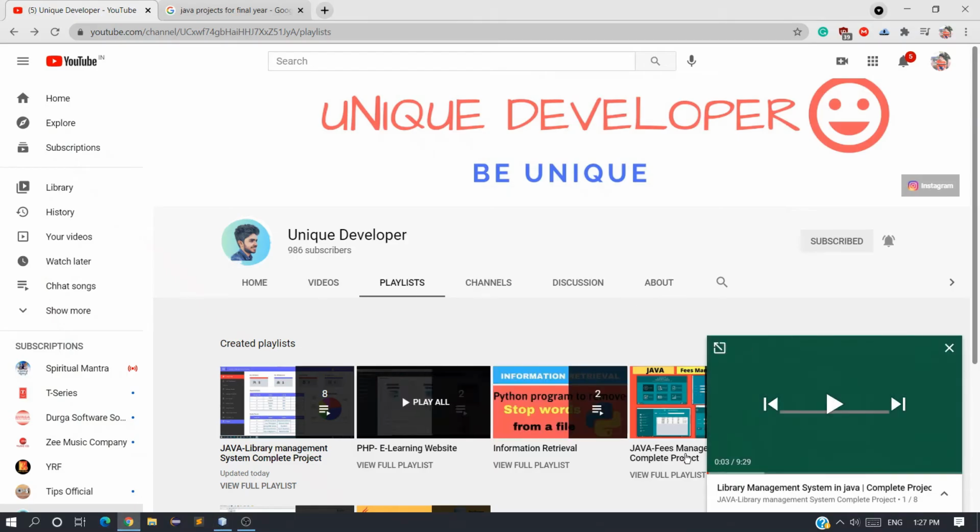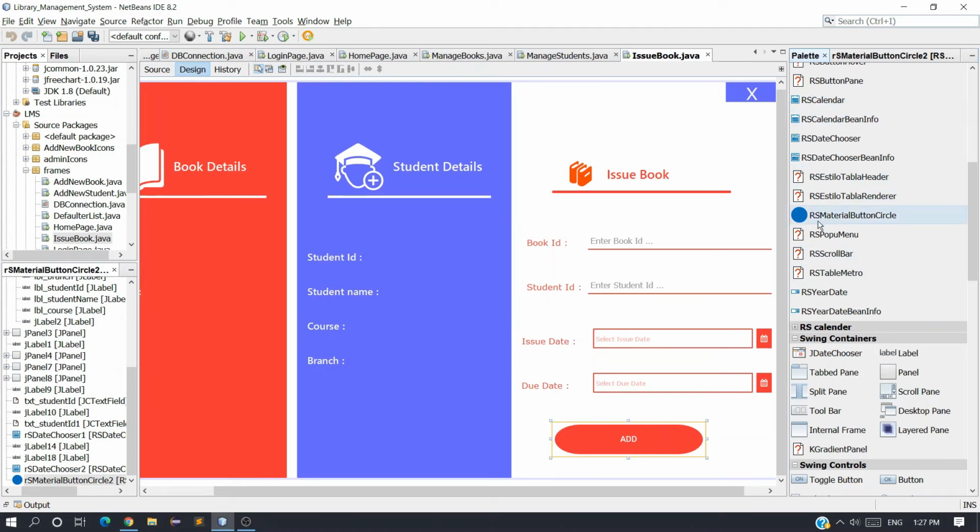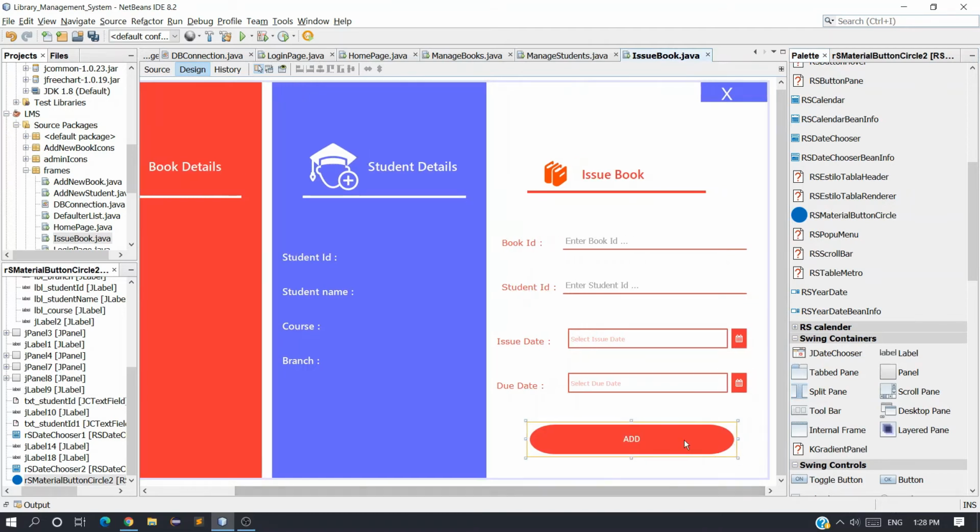You can watch this same video for this, which is RS material button circle. And let me just change the text. Issue book.